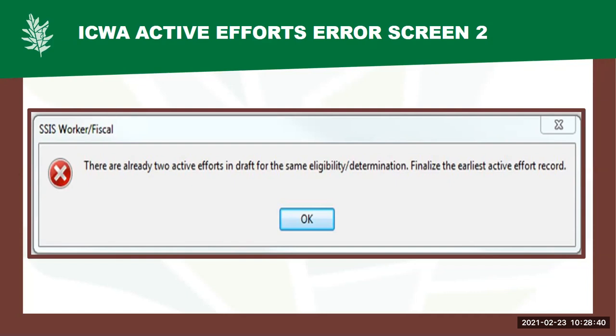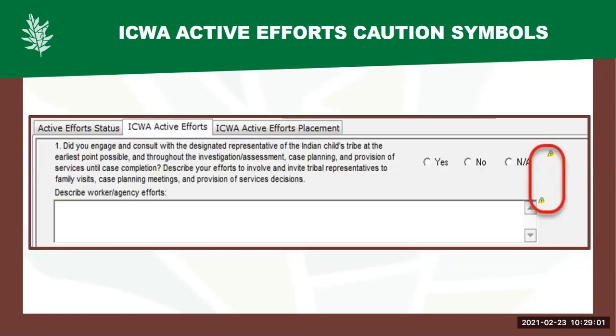Users can click OK and cancel initiating the new Active Efforts. Users should review and/or research the previous 2 Active Effort records and finalize them if possible, beginning with the earliest record. SSIS will not allow users to finalize records out of sequence. And then again, just as I mentioned,